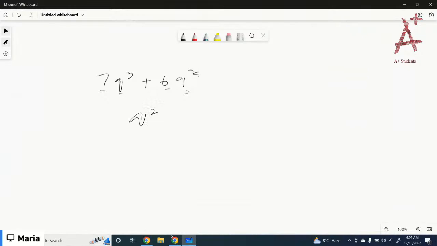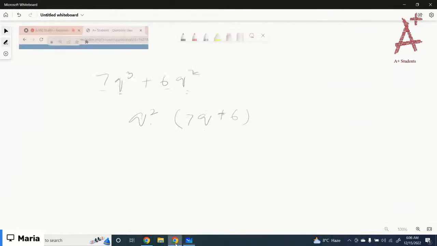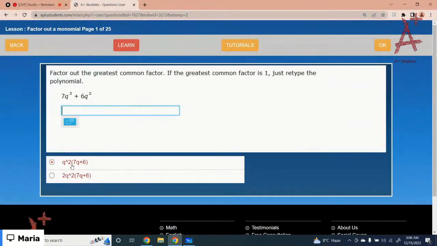So you can take out common q square. You're left with 7. And out of the q cube, 2 of the q's are outside the bracket. So that means in the bracket, you're left with just 1 q. And here, all the 2 q's are outside, so you're left with just 6. So it would be q square times 7q plus 6. Got it? So select the correct option, that is q square 7q plus 6. Select the correct option and click on the